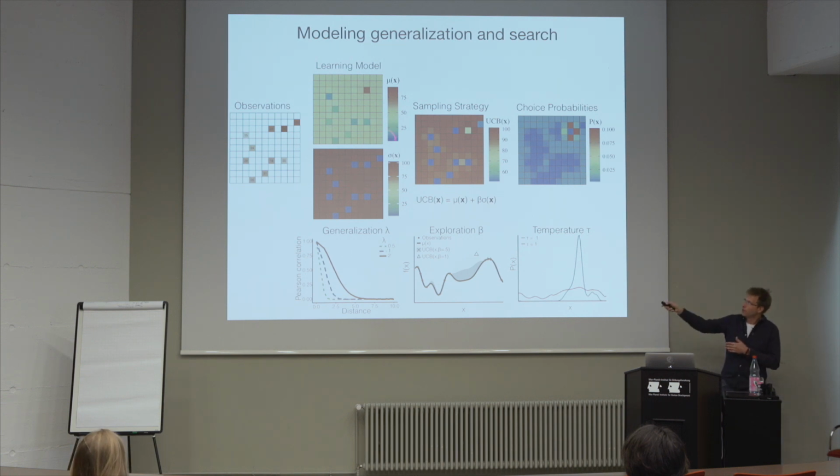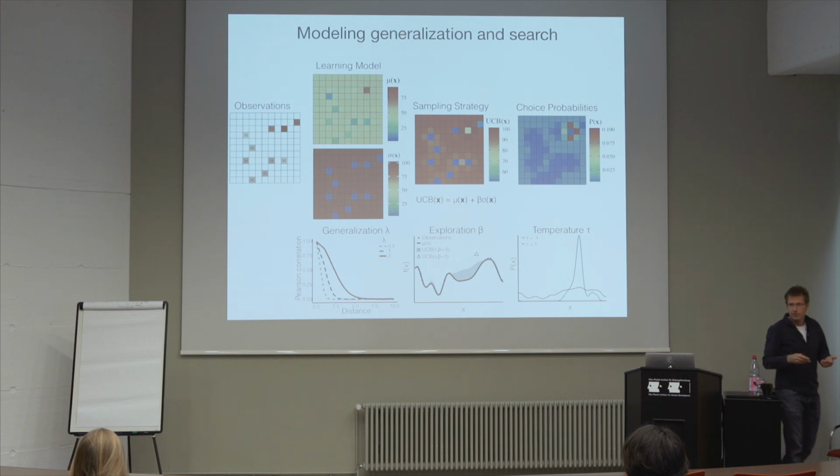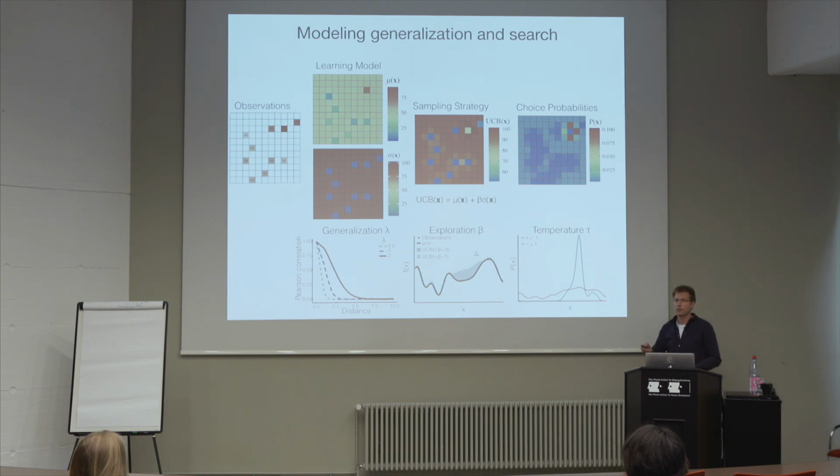So this is a learning model, so you learn about the structure of the environment, but now you need another component, which is a search strategy. Given that information, how do I actually use that for deciding where to click next? Again, we have looked at various things. One of the things we have looked at, which is theoretically important for the next step, is called upper confidence bound sampling. What that model does is combine the expected reward and the associated uncertainty. This is the simple one-dimensional case, and you have the means, the black line, and the observations, the estimated means, and you have the